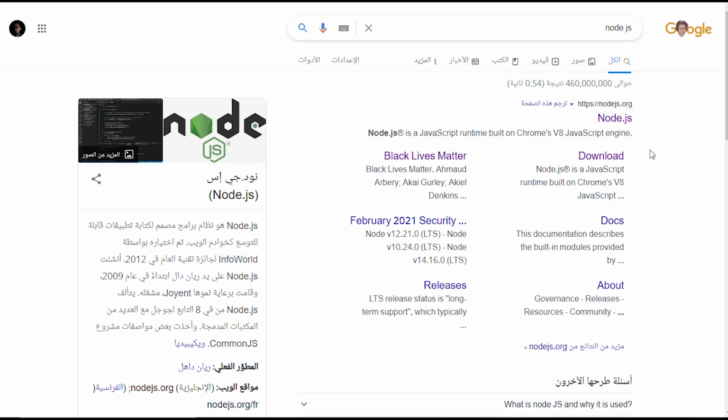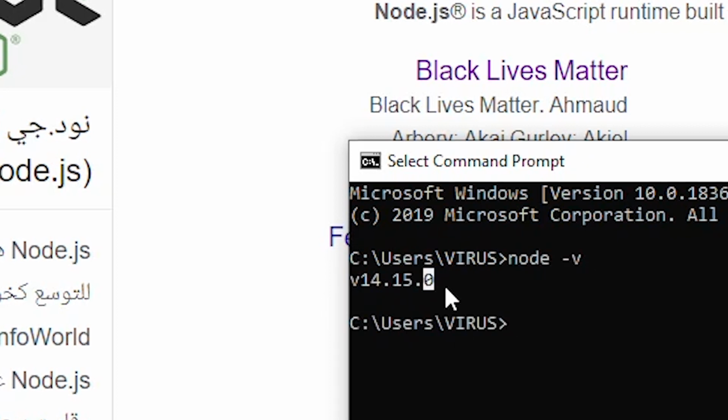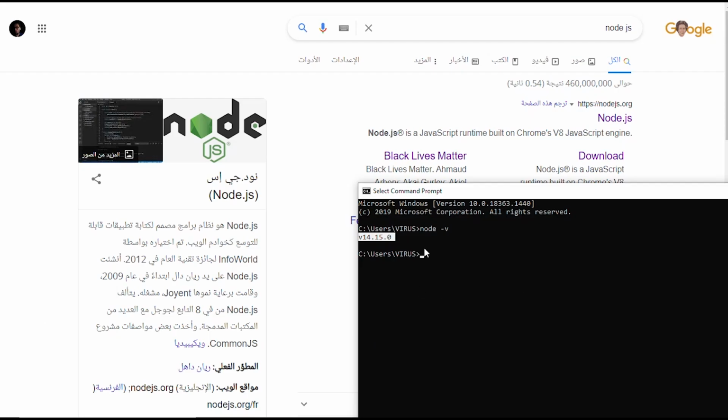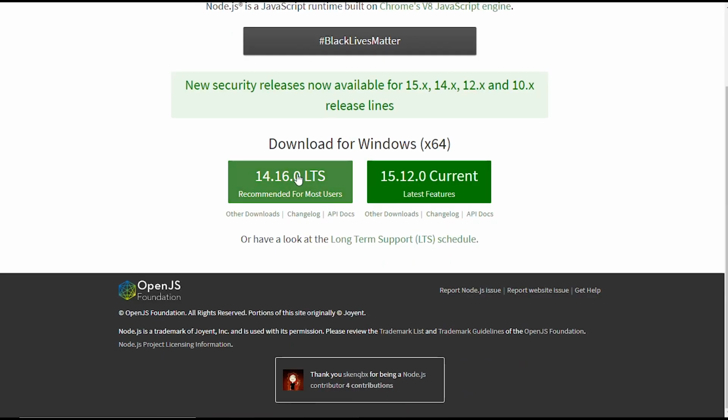Before we start to work on the project, please check that you have Node.js on your computer. To check that, you can type node -v. If something like that appears, that means you have installed Node.js. If you get an error, please go to Node.js, download the LTS version and set it up on your computer.